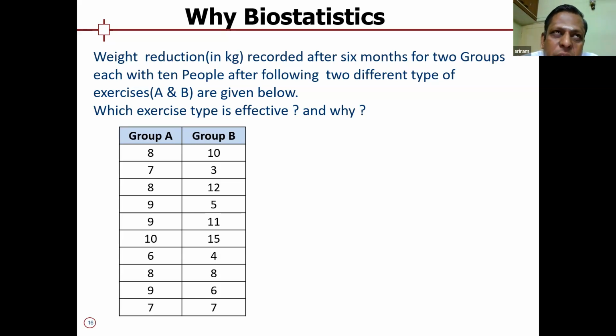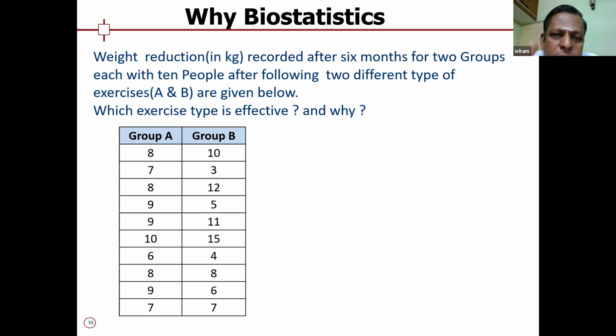The key message here is, you have to appreciate the variation in the data. You have to analyze the variation in the data. You have to analyze the pattern in the variation. You have to know the pattern in the variation. That is very, very key here. So that is why I put this.